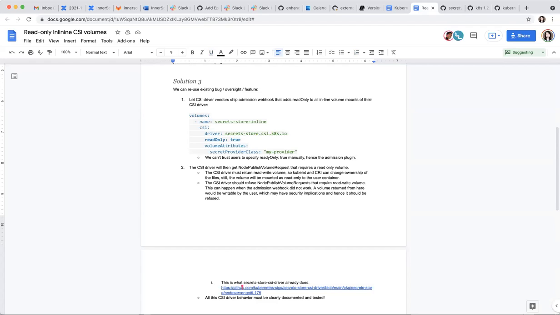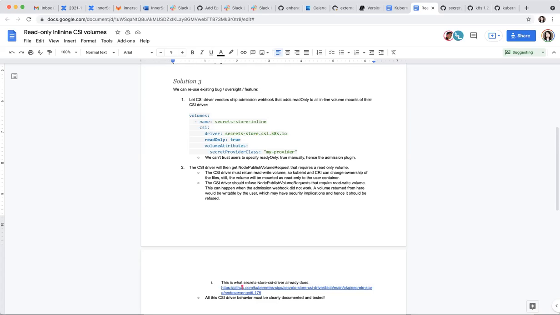We don't use the same trick for anything else. So I would say people are fine with that, and we should use it only for inline ephemeral volumes. So it's mostly used for ephemeral or inline volumes.